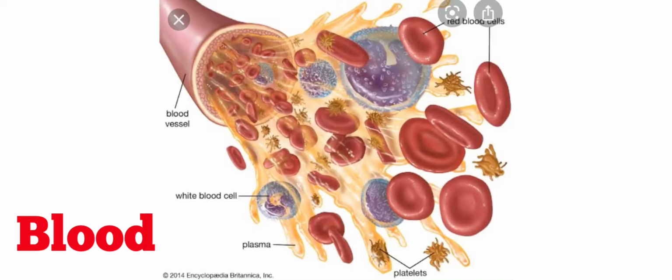You already know this. So here you can see that the blood which is coming out of the blood vessel consists of different components. That is, white blood cells are there, plasma is there, platelets are there and red blood cells are there. So these are the four components of the blood: white blood cells, that is WBC, plasma, platelets and red blood cells, that is RBC. So let us see what the functions of these components are.